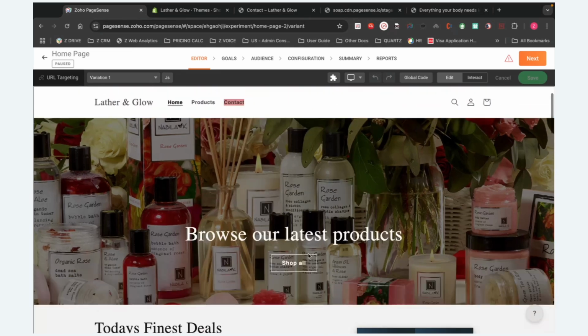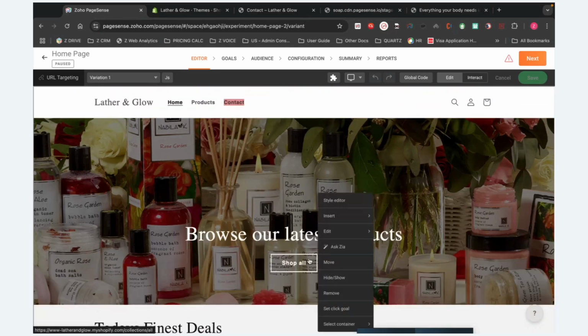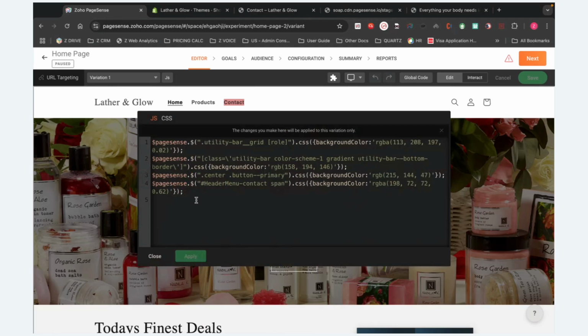If you want to make some additional changes, just click on an element and a floating toolbar appears where you can edit the style, insert HTML or text, or insert any images or background images. You can also edit the existing content and make use of our Ask Zia to enhance the content with the help of our OpenAI integrations as well. And you can move certain elements, hide or remove them, and you can also define a goal with the help of the Visual Editor itself. Whatever changes we make inside the Visual Editor will be automatically updated in